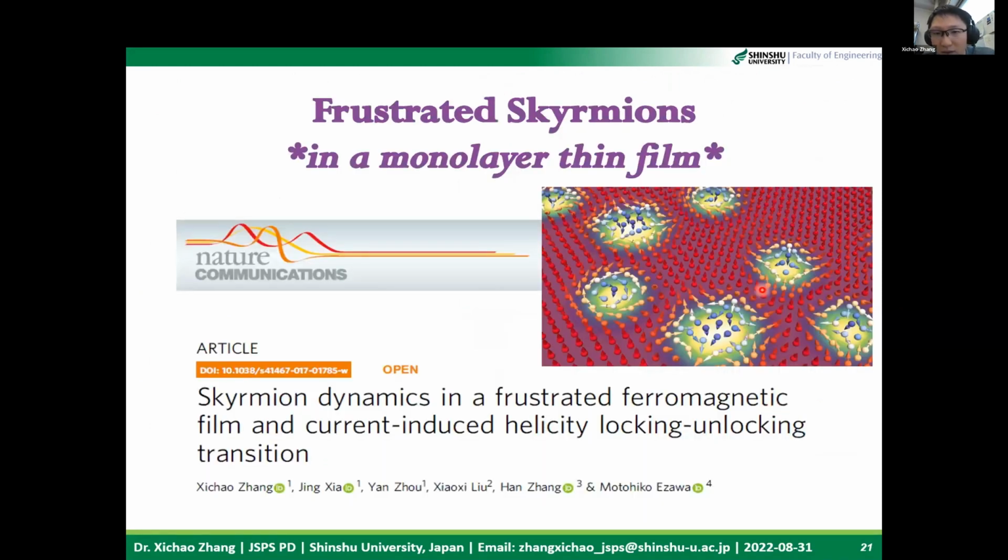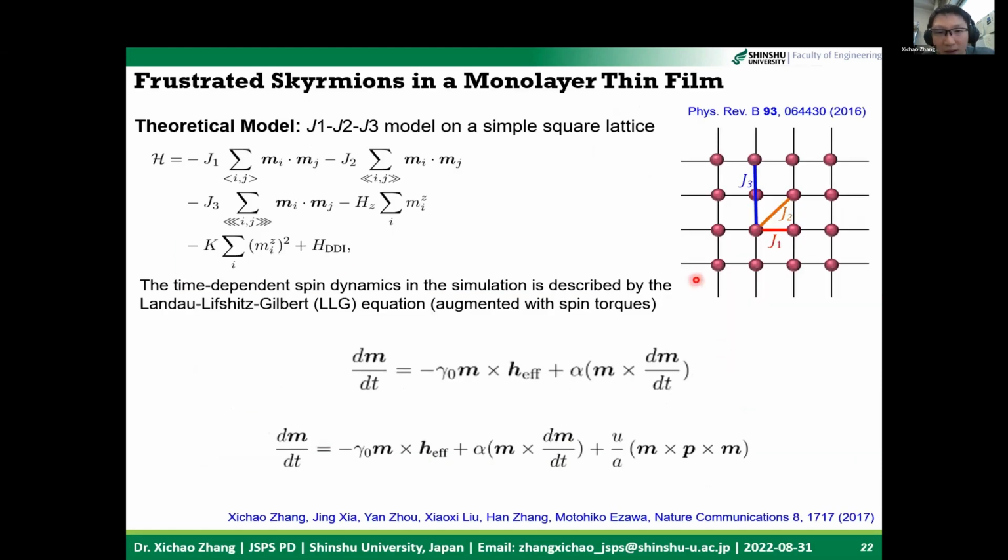Okay, so the first work I want to talk about is the frustrated skyrmions in a two-dimensional magnetic thin film, where skyrmions are stabilized by exchange frustration in a system with dipole-dipole interactions. In this study of frustrated skyrmions, I'm focusing on the skyrmion dynamics in a square lattice of J1, J2, J3 model